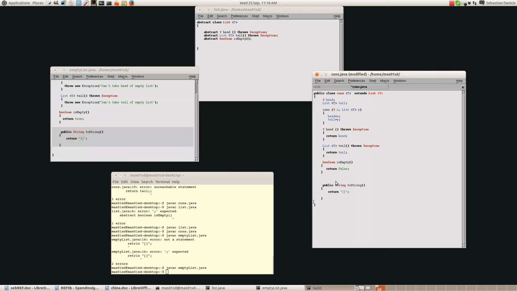Well, we're also going to need a method which separates all the elements out, puts commas between all the elements. So let's have another function called commas between, and that's going to return a string